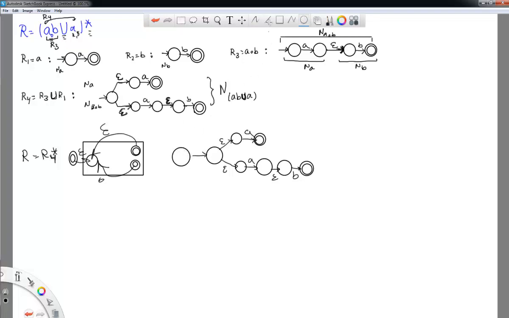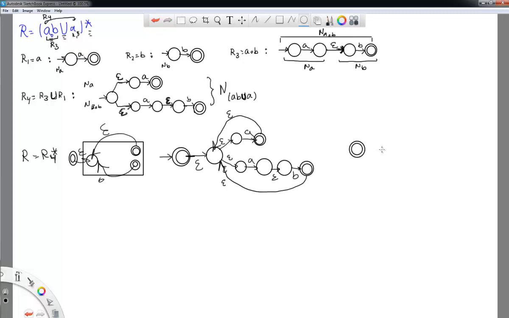and to make that into a star, what I'm going to do is actually build a third, an input state, a new start state, make that into an accept state, and then make all of the accept states transition to the original start state over epsilon transitions. This is going to be an epsilon transition there, and an epsilon transition there.